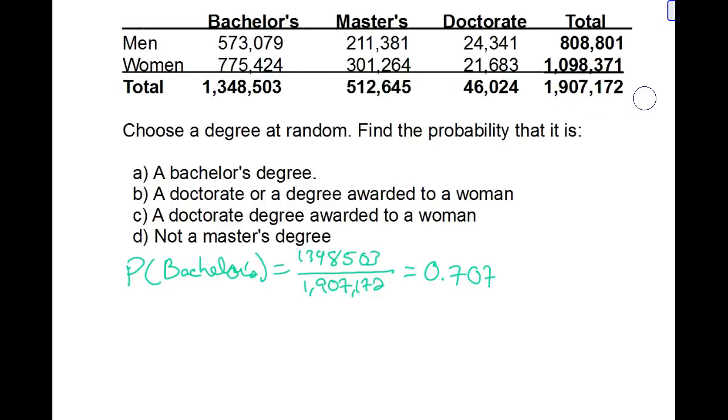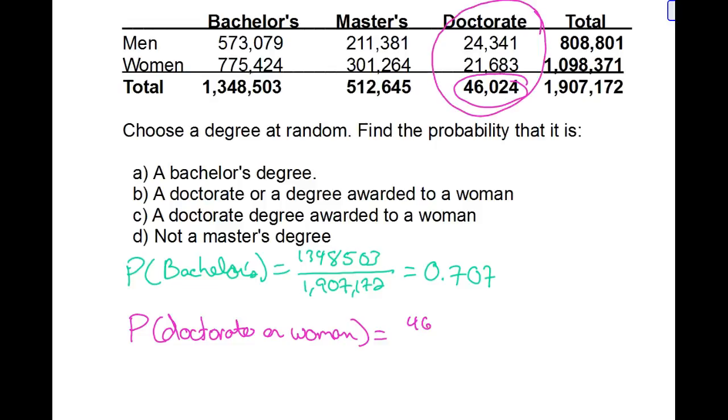Now we want to look at, is a doctorate degree or awarded to a woman? So now we're looking for a doctorate or a woman. Okay, normally where we're looking for ors, we look at the doctorate degrees. So that is going to be 4,000. So that's all the doctorates, 46,024 over our total,